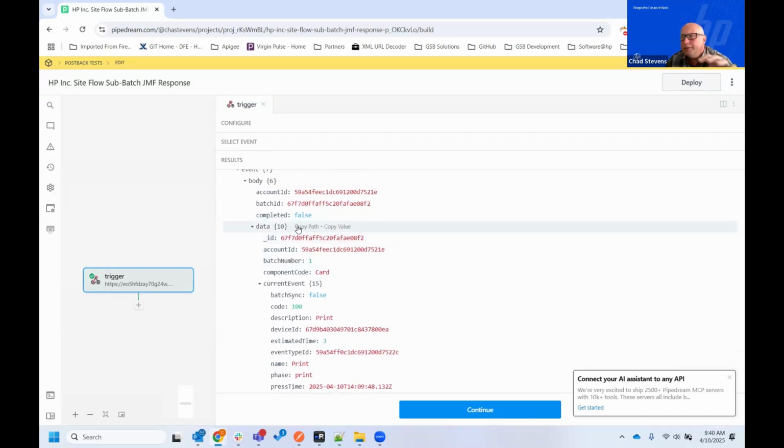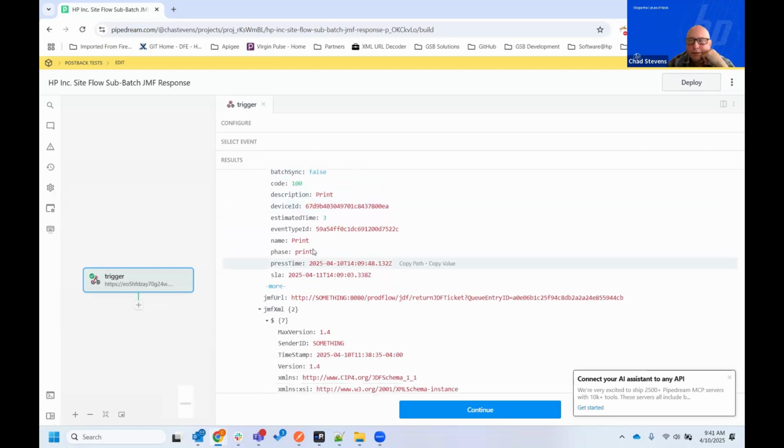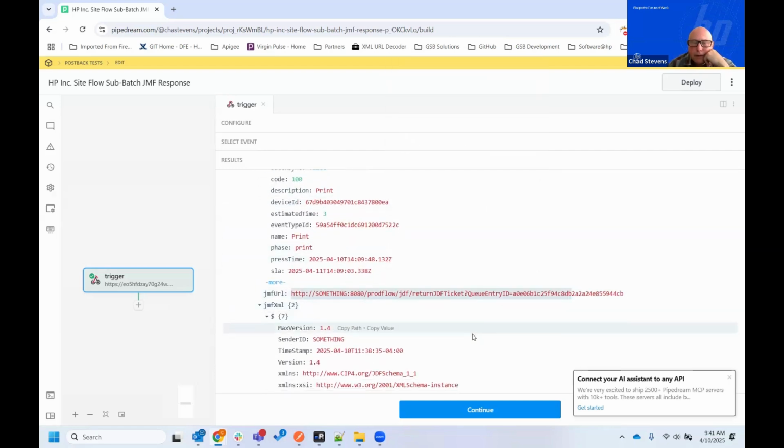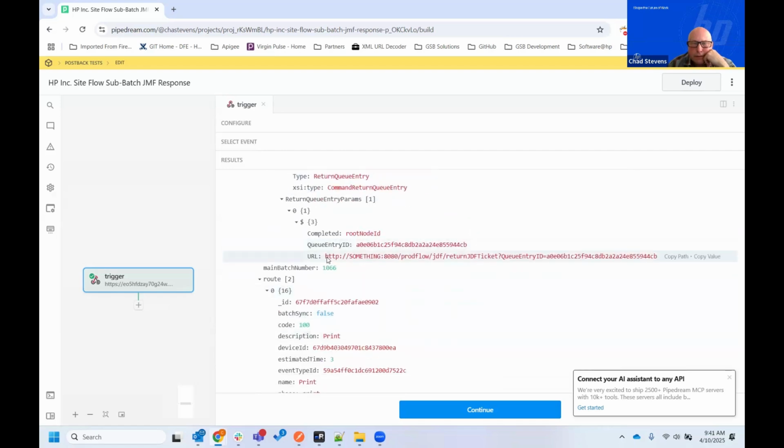But basically the JMF message that was sent back from the DFE and captured in SiteFlow, it can also be pushed out into a postback. So if you want to capture the information in the actual JMF from the Production Pro, you have that capability now. Some of the things that is very helpful with that is this JMF URL right here. The return JDF ticket URL. So if I copy this path here and open that on the DFE,